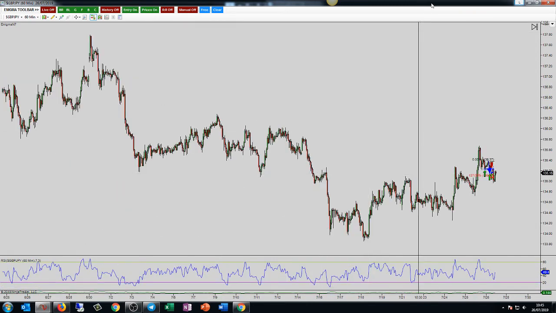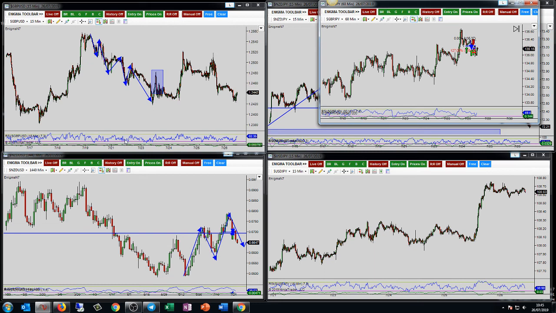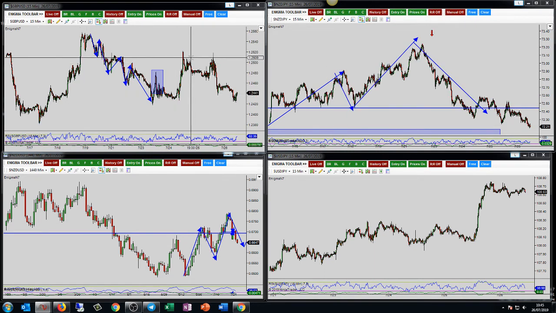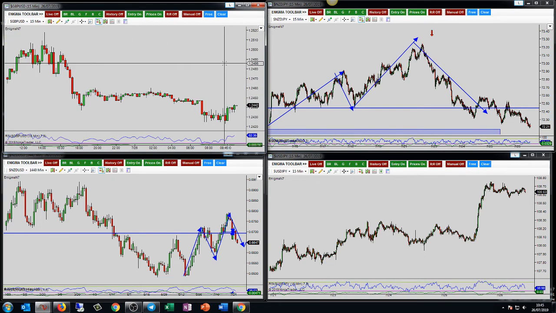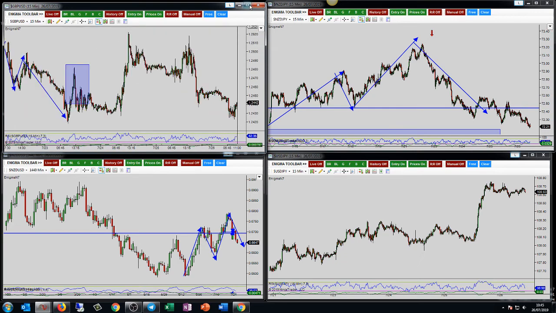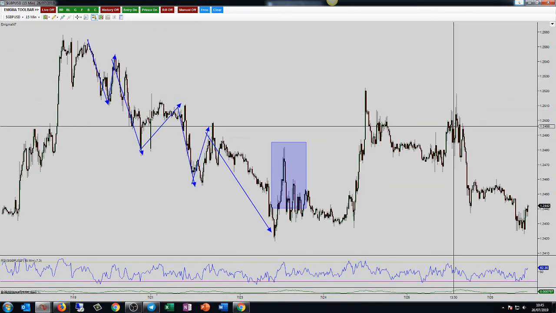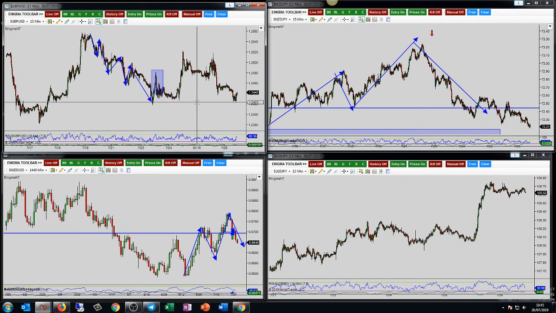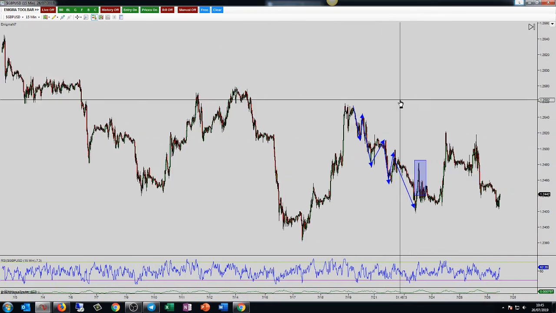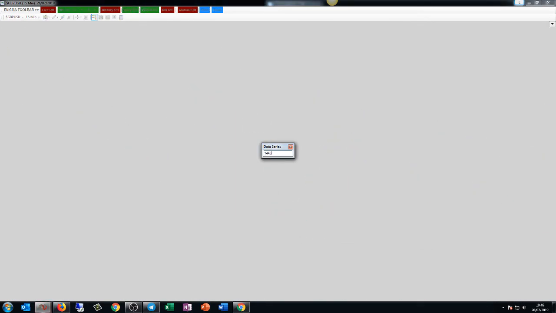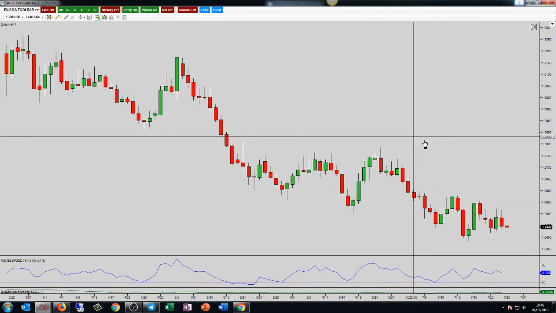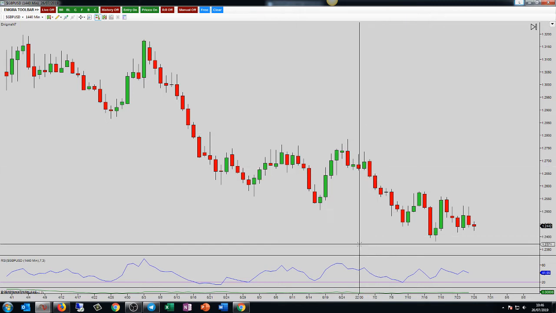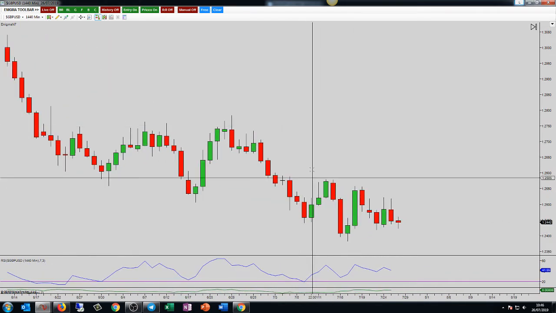Okay, let's move the pound yen out of the way. What are we looking at next? I'm not going to go over the pound dollar, guys, because there's been a signal sent out on this trade and we're waiting for targets to be hit. So unless there's anything in particular you want me to look at, in fact, I'll tell you what I will go over is I'll just run over the trade that we was in where we were stopped out for break even, because bigger picture here, guys, we're still coming lower, and I want to run over this and explain why.